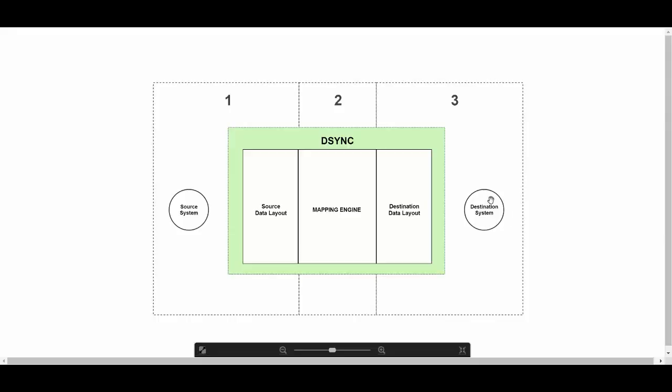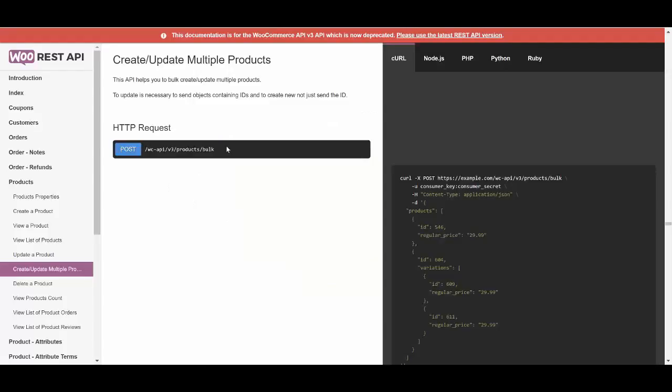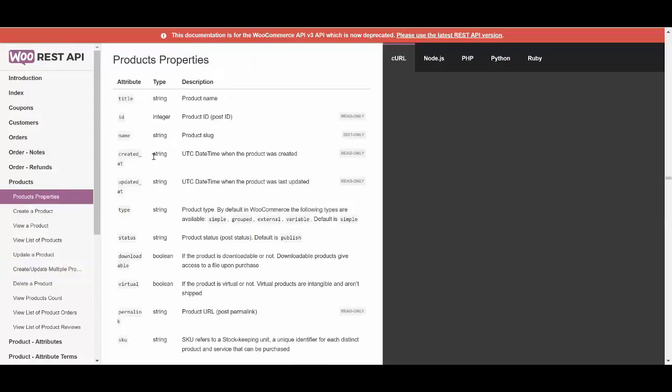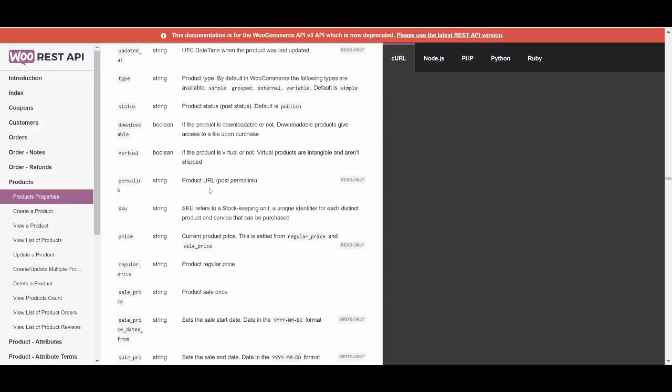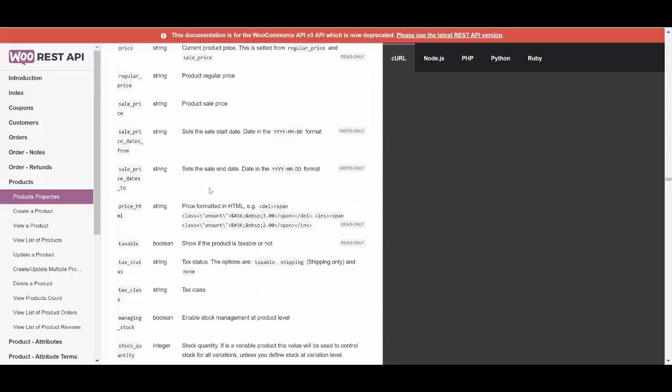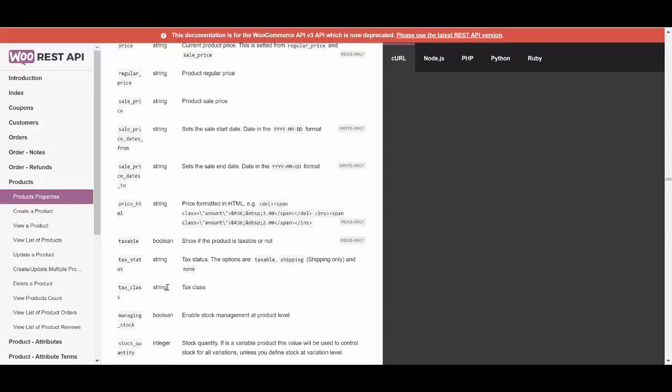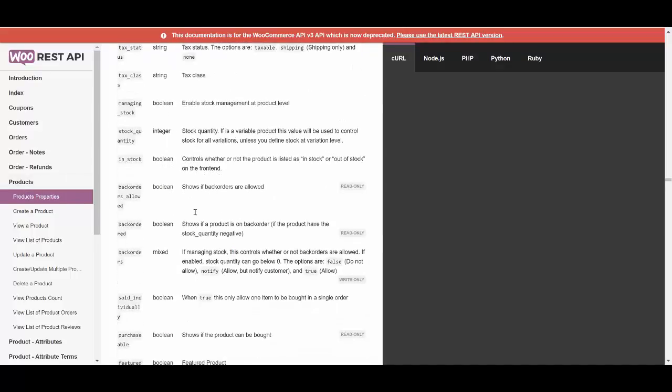So the destination system, if it's an API, going back to WooCommerce, there is a RESTful API and it's got all these entities underneath, which are coupons, customers, products, and so on. And each entity would have its properties defined. Properties are the actual fields on our data layouts, and you can see what's required and what's not, what's write only, read only,